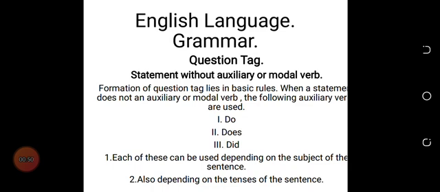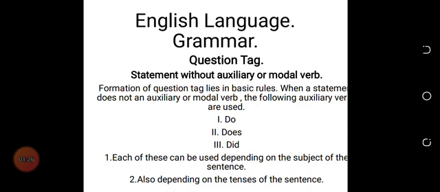Because for some sentences where you have the use of a modal verb or an auxiliary verb, you are able to tell what the question tag will be. Example, "he is in school" becomes "isn't he?", because you identify the auxiliary verb "is" in that sentence. All right, so for today's lesson, statements that are without auxiliary or modal verbs,